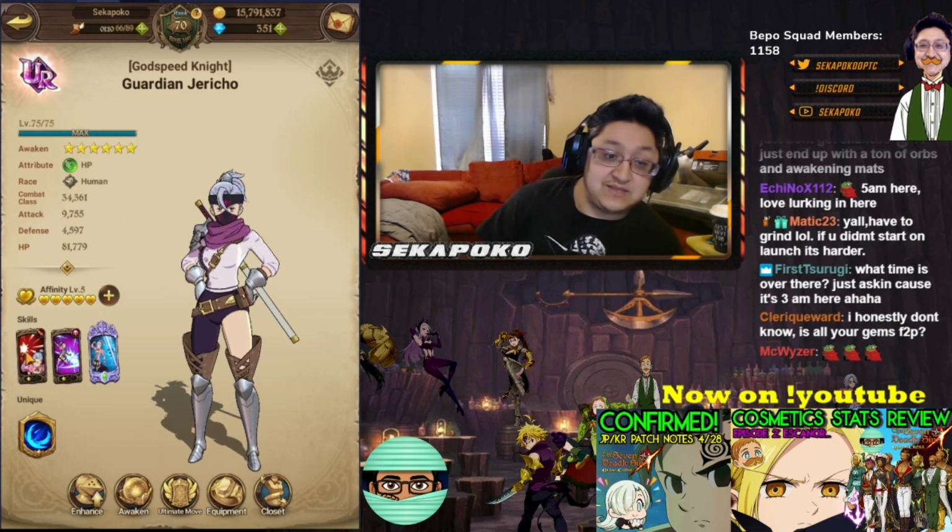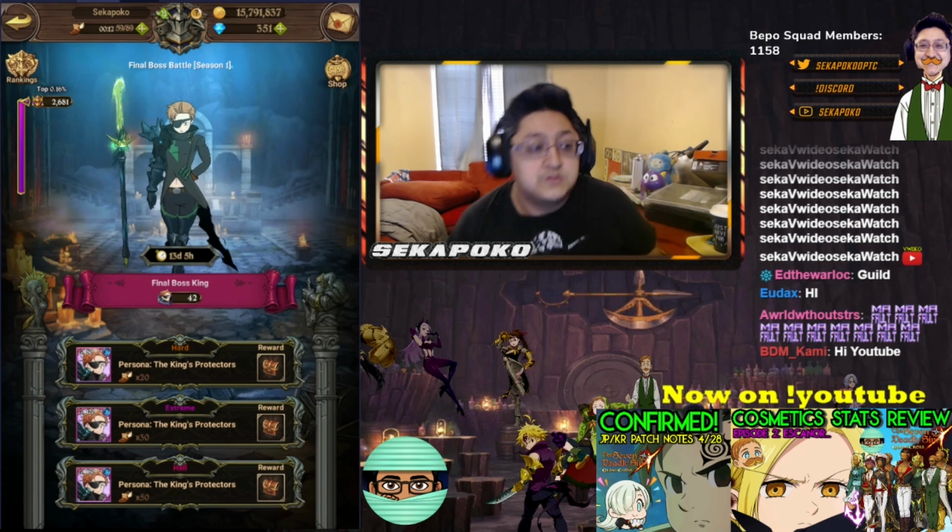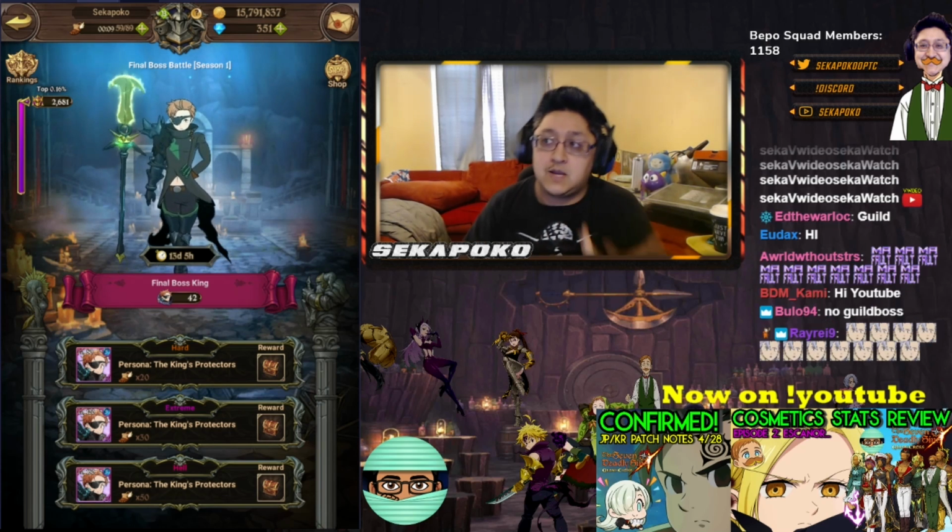So it's definitely possible to get this gear. Definitely possible. An attack bracer would be fine here too. You don't need a crit damage bracer. Attack would be fine. So for Final Boss King, there are a couple different variants that you can do,